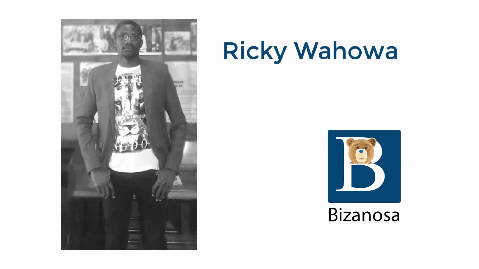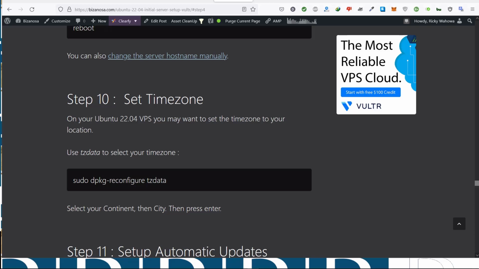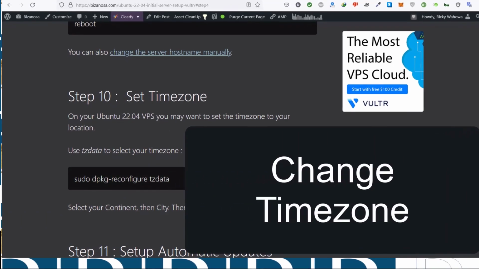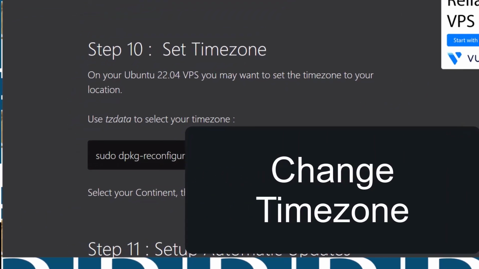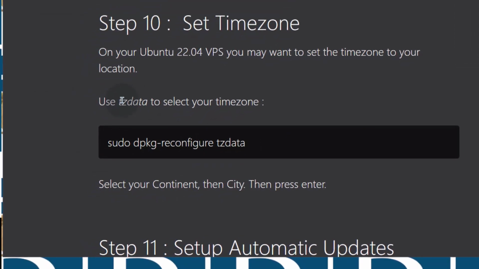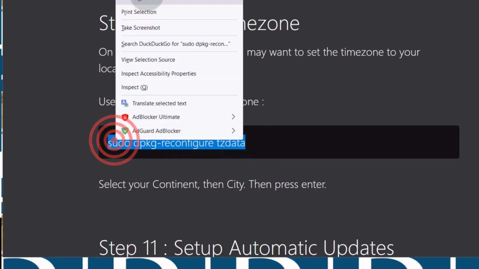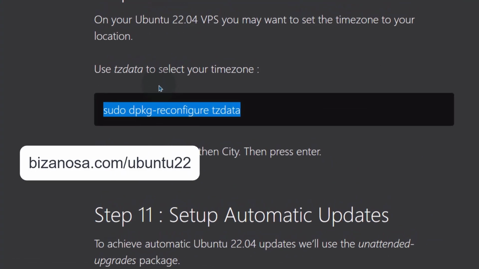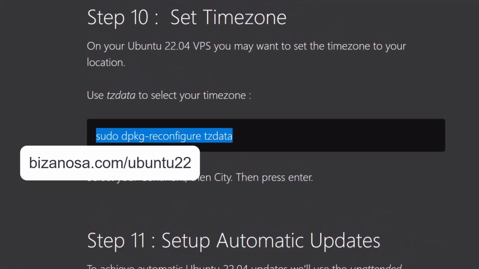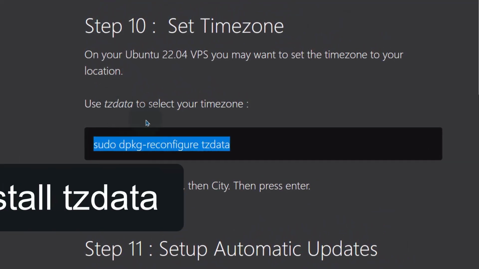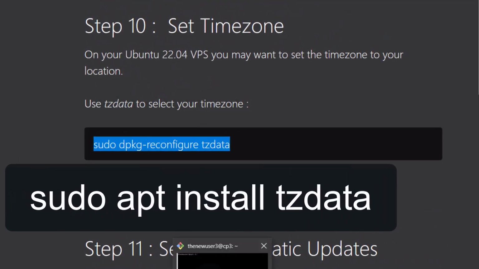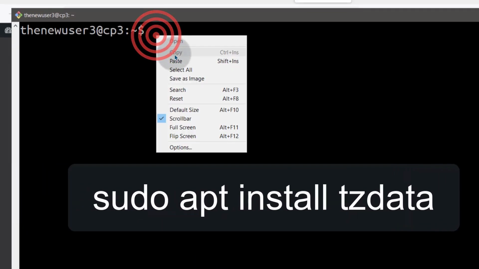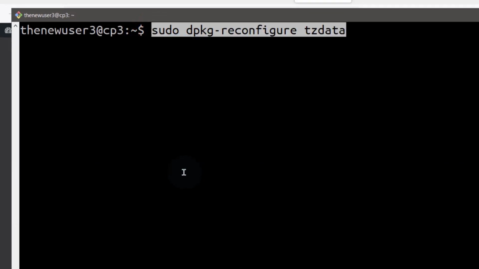Of course, you want your server to have the same time zone as you, where you are. Change your server time zone to that. On Ubuntu and Debian, you can use tzdata to change that. This makes your work very easy. All you have to do is copy that and then choose your location. So come to this page, bizanosa.com/ubuntu22, and copy that. If tzdata is not installed, you can install it. On Debian, maybe it's not installed, just install it. And then paste, enter,